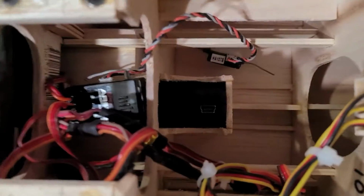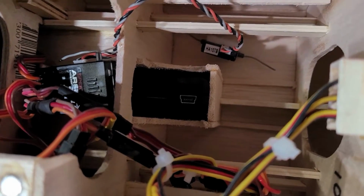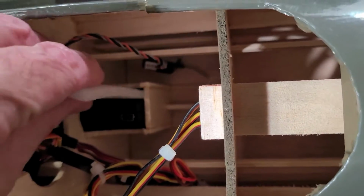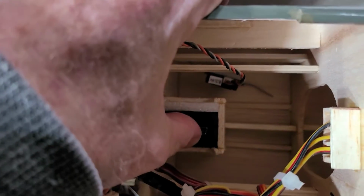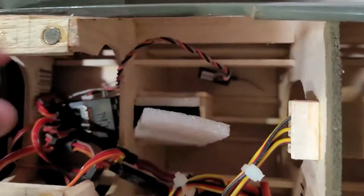There we go. So in theory here, you just turn on the camera when you're ready and stick it down in its slot, and unless you're doing inverted maneuvers, it should stay here. So I wanted to pad it up. It looks like I can fit that padding quite easily on one side. And my hand's going to be in the way. All right, I can kind of squeeze that in, but